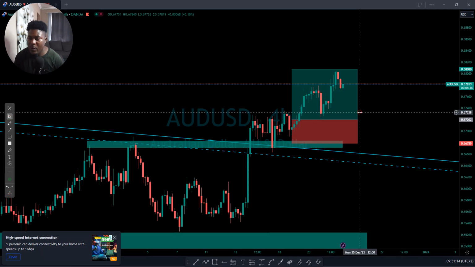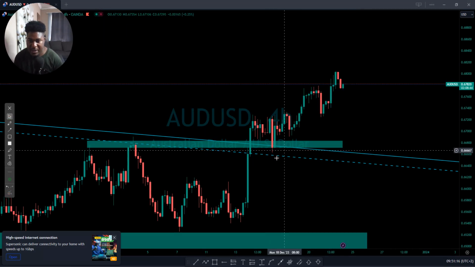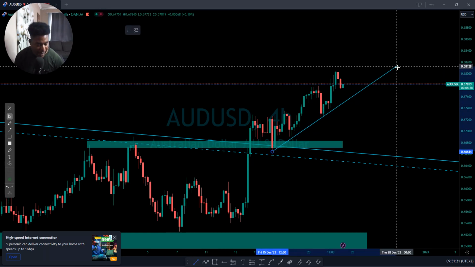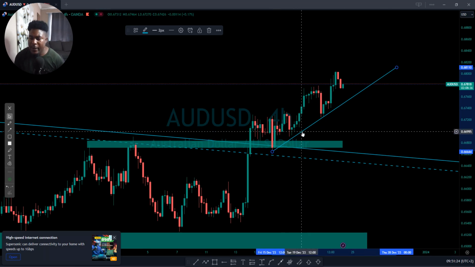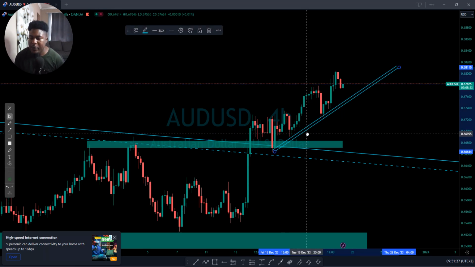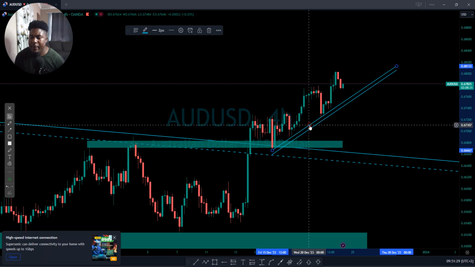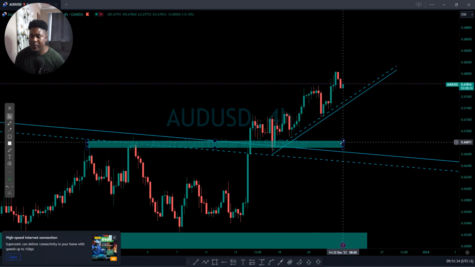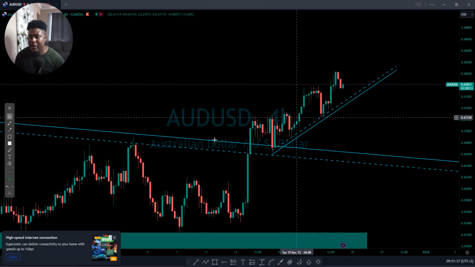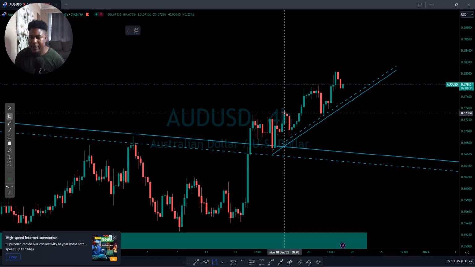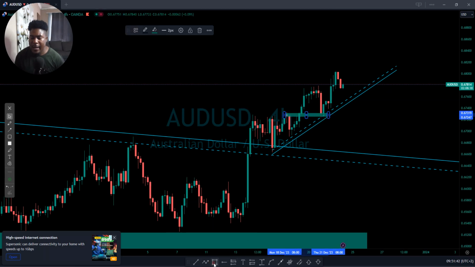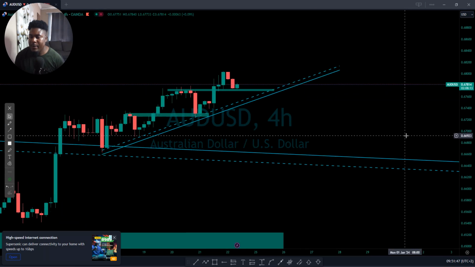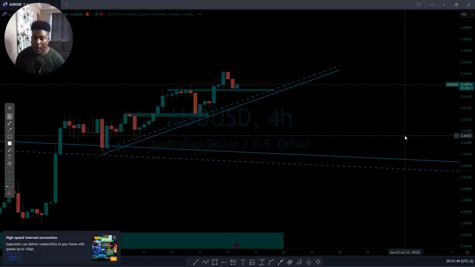So I think maybe I should go on a 1 hour just to make sure, or let me just go through this very quickly for now, because we know very well that we are now on an uptrend. So which means we will be expecting a very nice uptrend going further. I'm not saying this is final, but we know that we're going to have something like that. You can see that we're going to have something like this here. Where we are also, I see something like that, which means we might end up. Let me zoom. Let me just go on a smaller time frame.